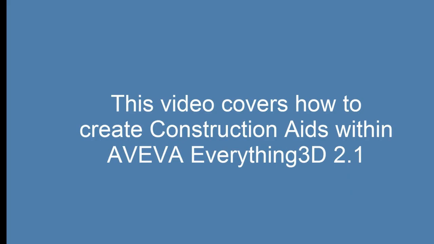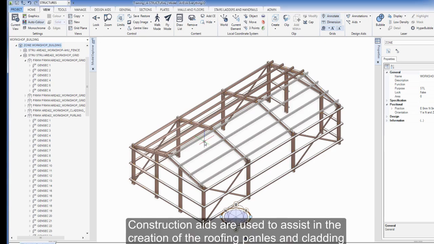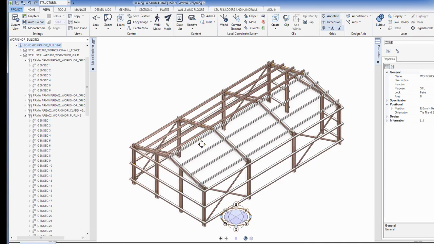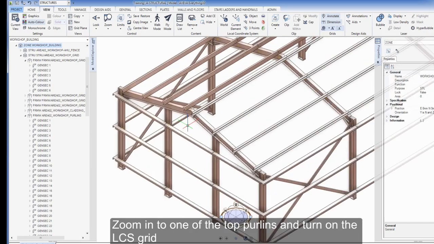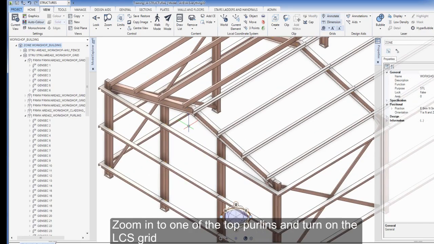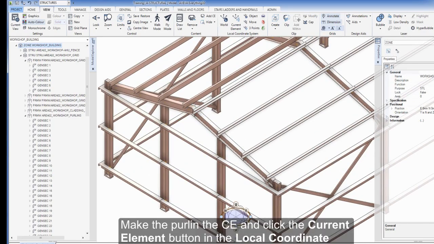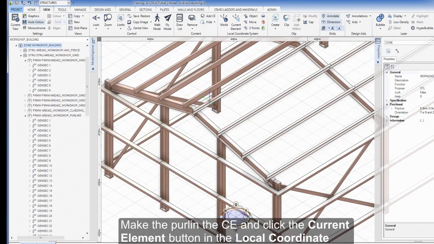Within Aveva Everything 3D 2.1, construction aids are used to assist in the creation of the roofing panels and cladding. Zoom in on one of the top purlins and turn on the LCS grid. Make the purlin the CE and click the current element button in the local coordinate system group to set the